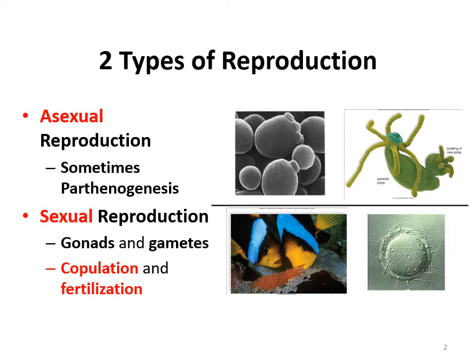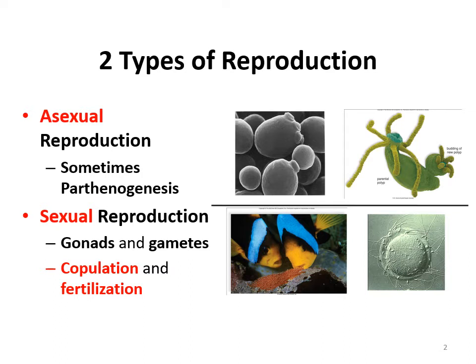Then there's also sexual reproduction, and that is what humans use, and many other organisms. Sexual reproduction is different from asexual in that now there are two parents. That's very valuable in biology because by having two parents in sexual reproduction, that gives more variety. You get a mixture of genes, a mixture of genetics, and that can create a whole bunch of new abilities and traits.